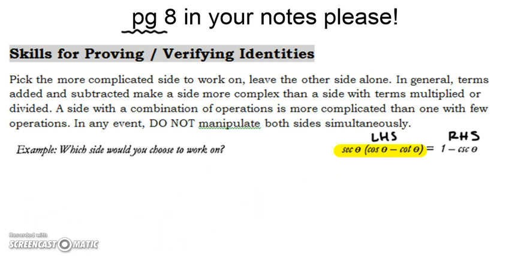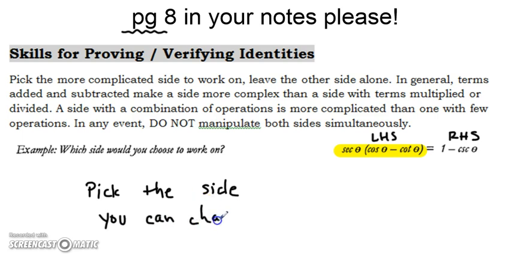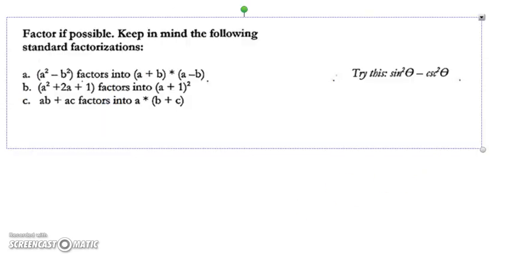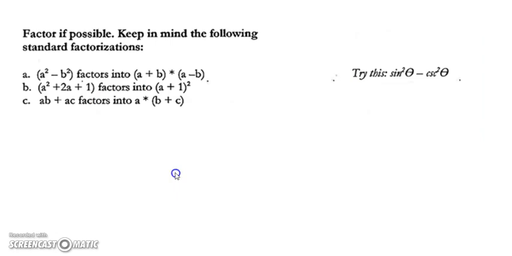The first thing is pick the side you can change. That might actually help. All right, over here, you could change cosecant to sine, but that's not really going to help us all that much. It's not going to get us back to distribution. All right, second thing, anytime you can factor,